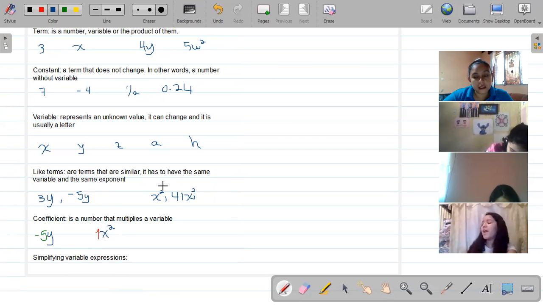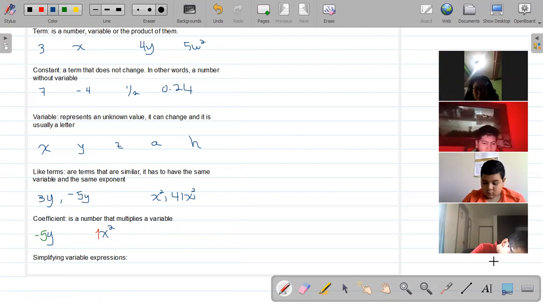Okay, so whenever you see just the variable and there's no number in front of it, that is an invisible 1. Okay, so you need to know that every single time that you're seeing just a variable, the coefficient is 1. Now, if I say, for example, negative